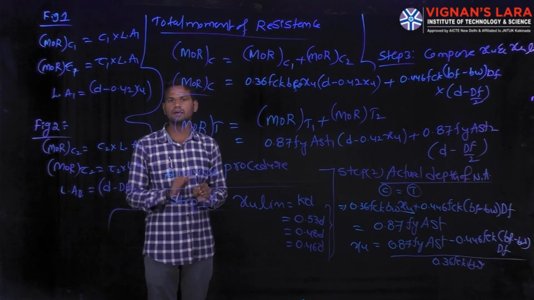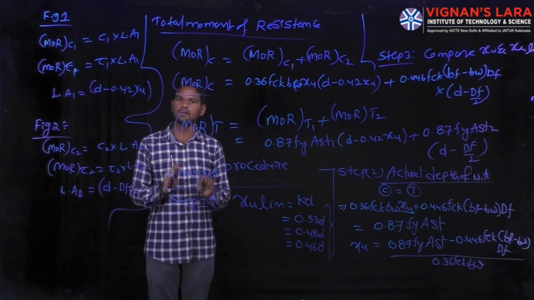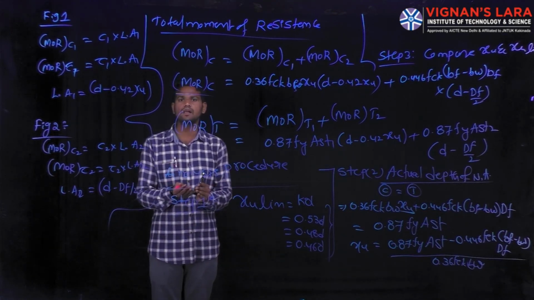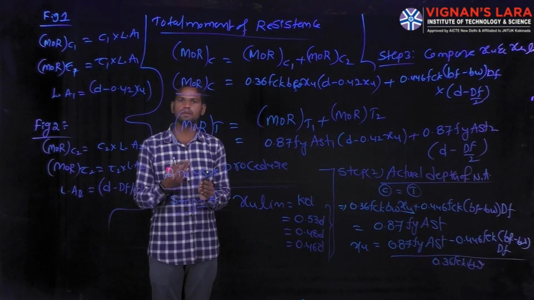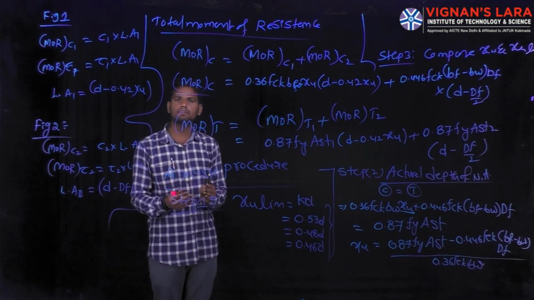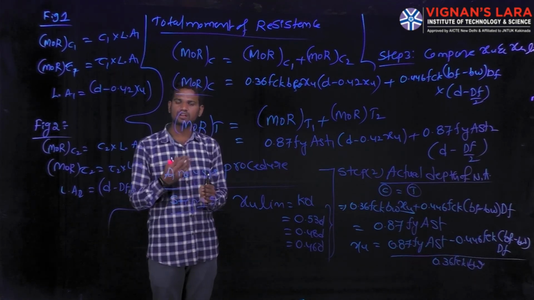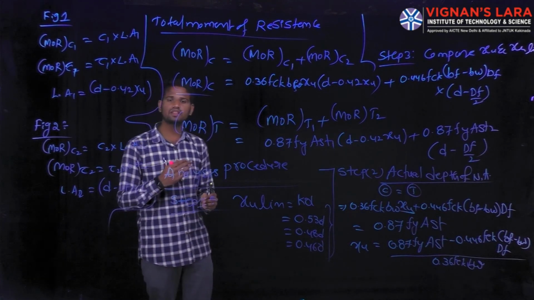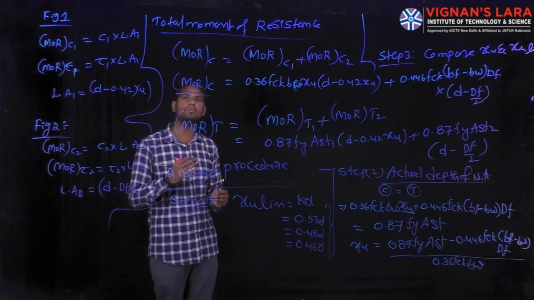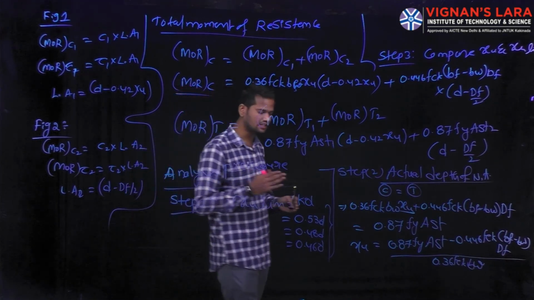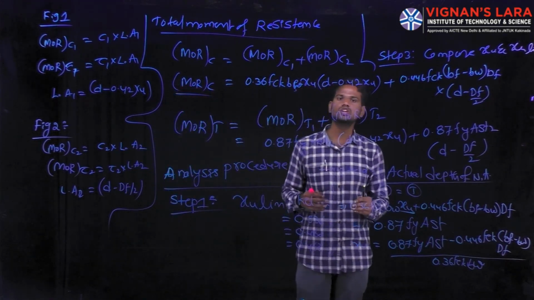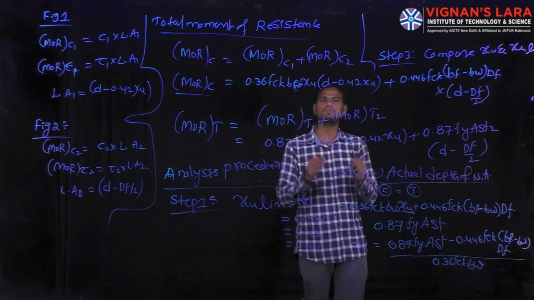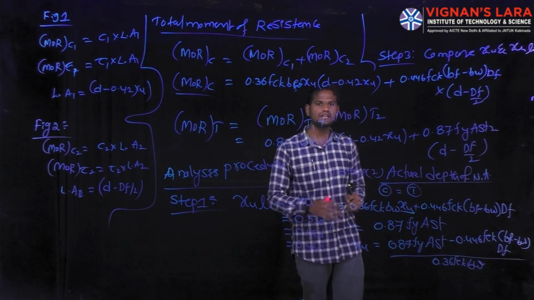This is the complete analysis, and how we have to analyze the problem based on the T-beam when the neutral axis lies within the web portion, as well as when the stress block is uniformly stressed up to the strain of 3/7 of Xu. That means the rectangular portion is uniformly stressed.